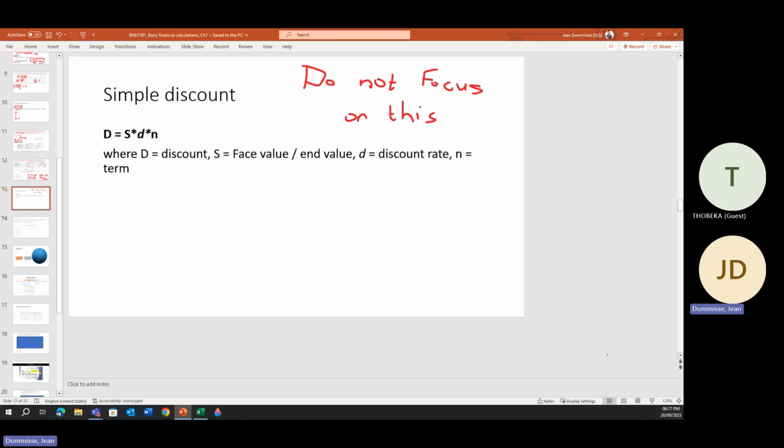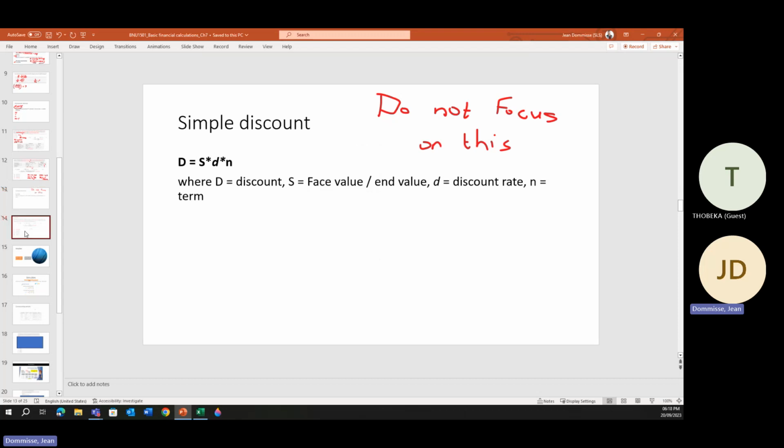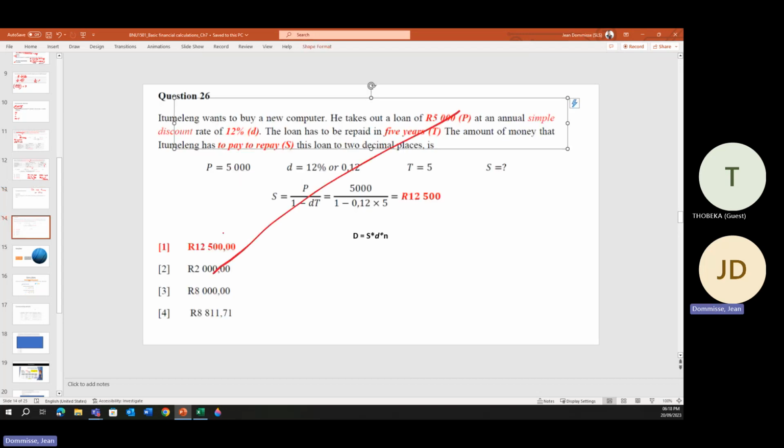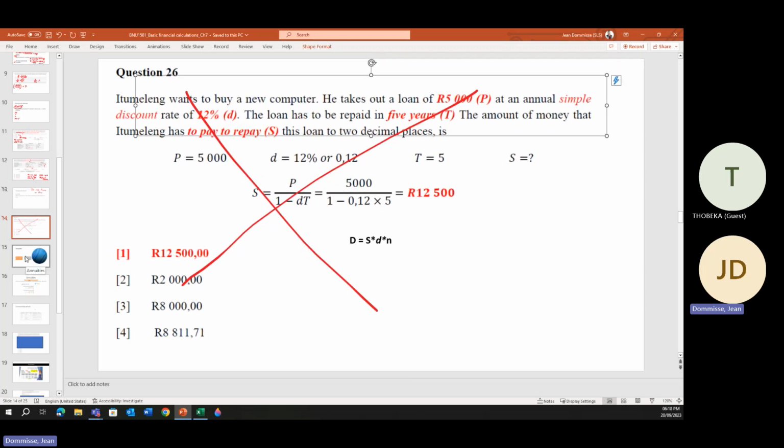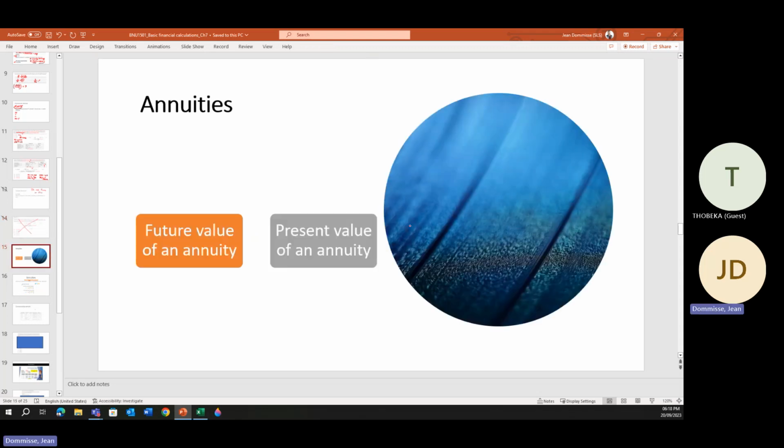Just that if you get something on simple discount, it will be this component and not this question. Okay. Just if there is something, but I don't think so. Okay, so that was simple interest and compound interest. Then we move on to